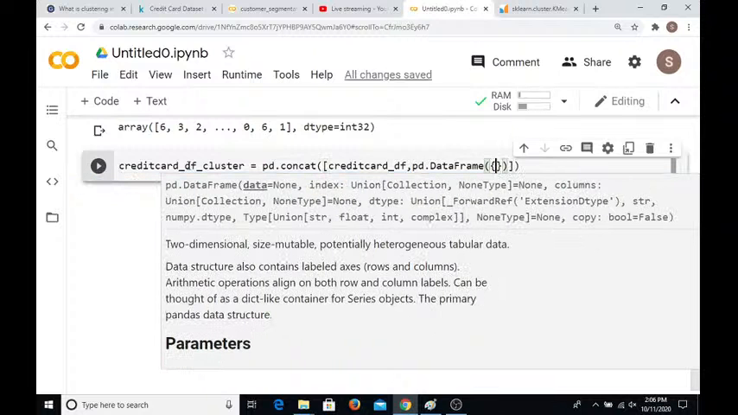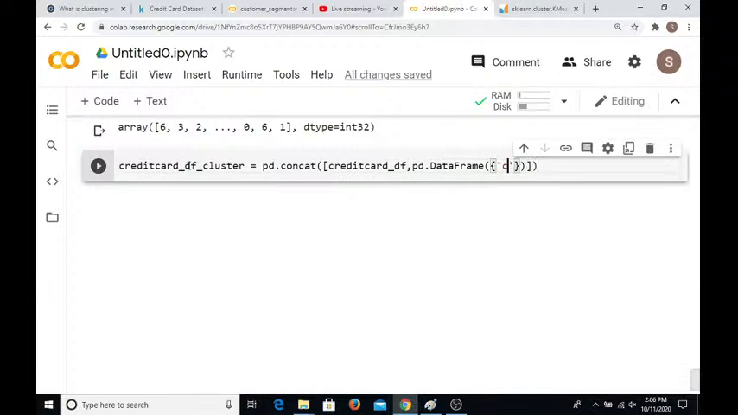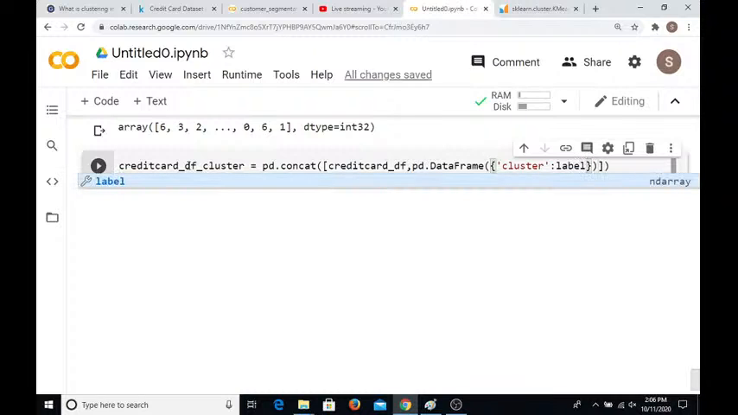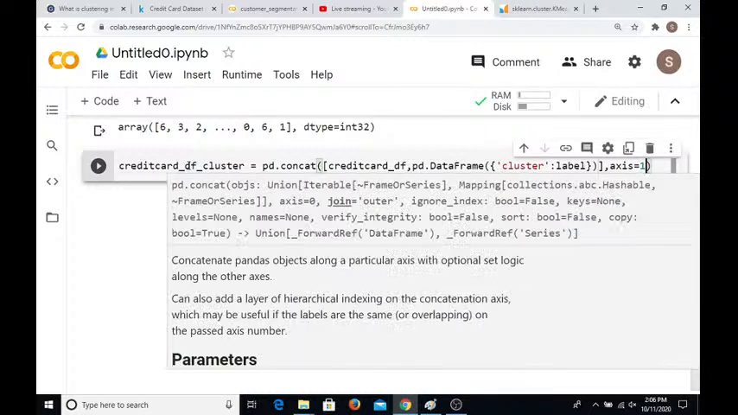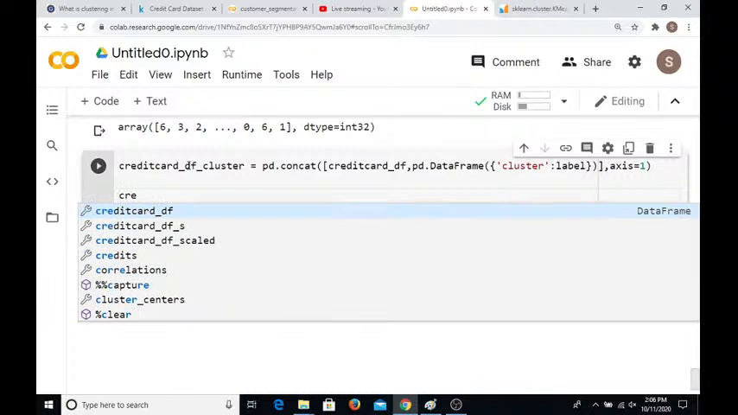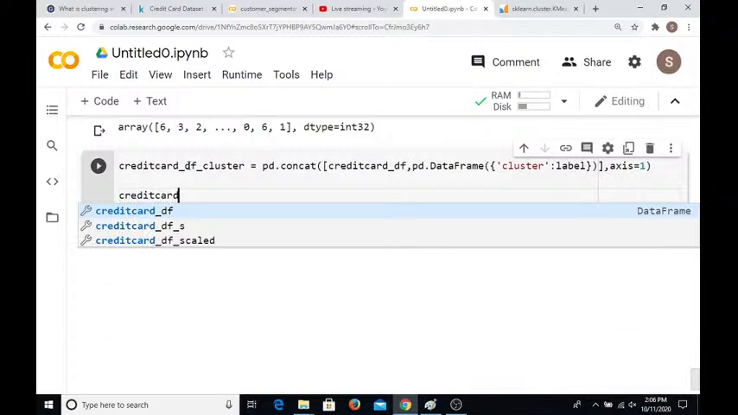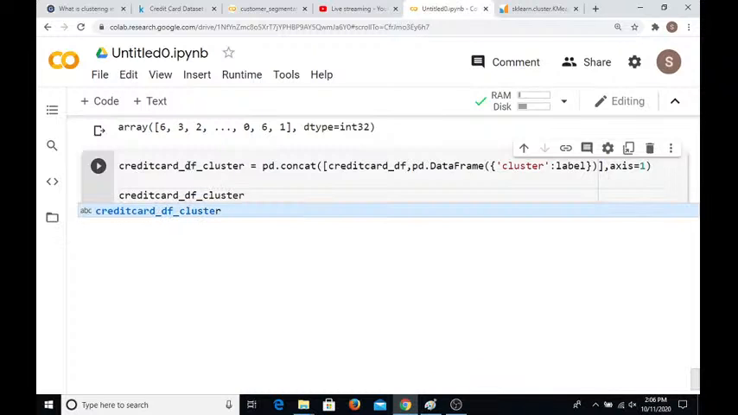and inside the bracket I'm passing the labels. So for the column name I'm providing the cluster, and the value of this cluster is labels, and comma axis equals 1. Now you can print credit_card_df_cluster, and now I can run this,